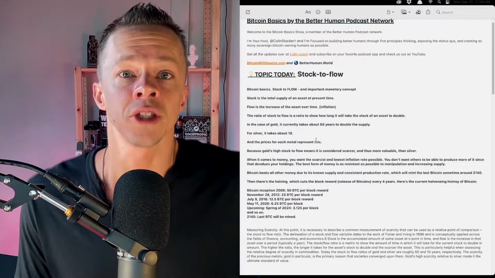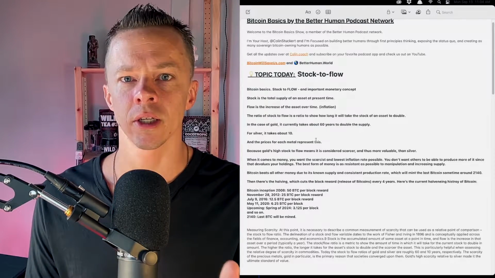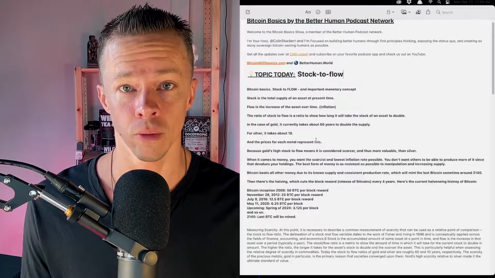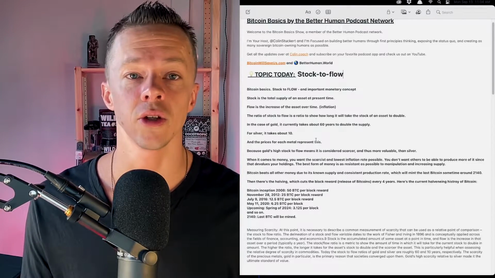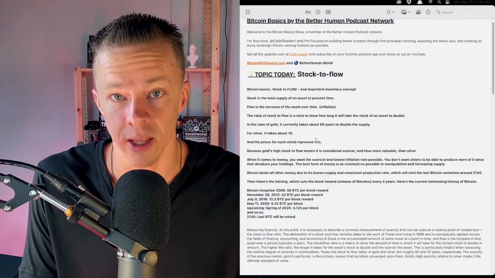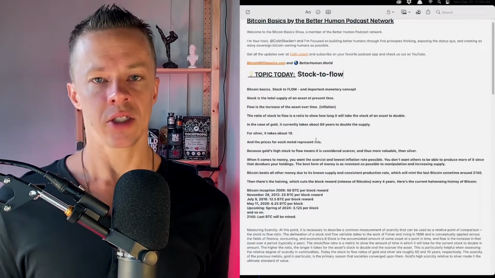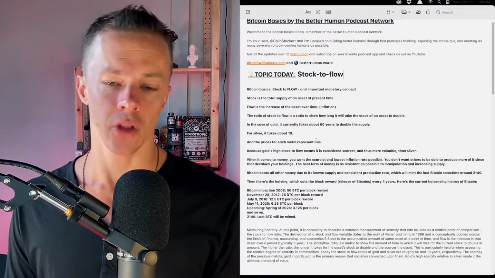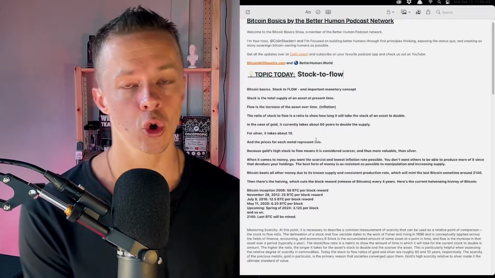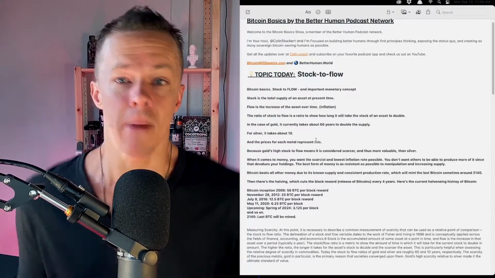This is not even true of real estate, which they say nobody's making more of it. I mean, yeah, that's true, but you can tear down buildings and then build skyscrapers. So there's actually a ton of room for real estate to continually be made more of and grow, etc. Of course, if you own a plot of land and they build a skyscraper on it, you're probably going to make a lot of money, right? So that's, again, a lot of nuance here. Today's topic is just stock to flow, and understanding how the market prices things based on stock to flow from a historical perspective and how Bitcoin just beats it out in every manner.